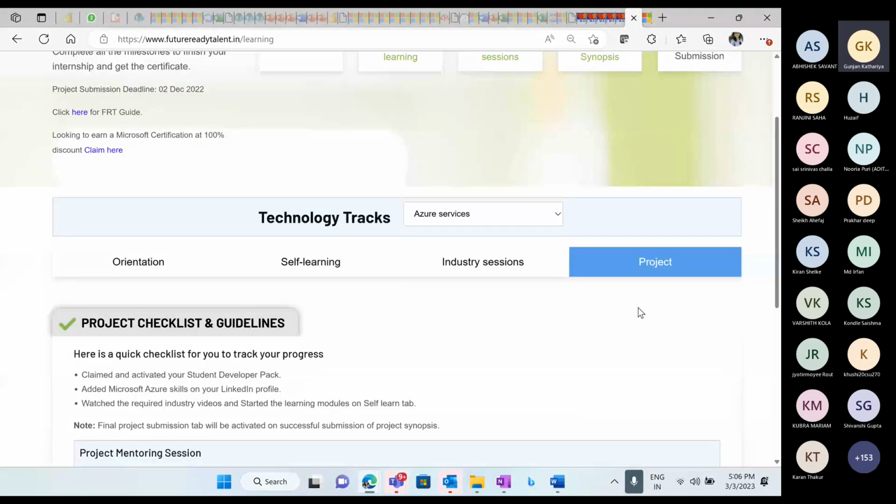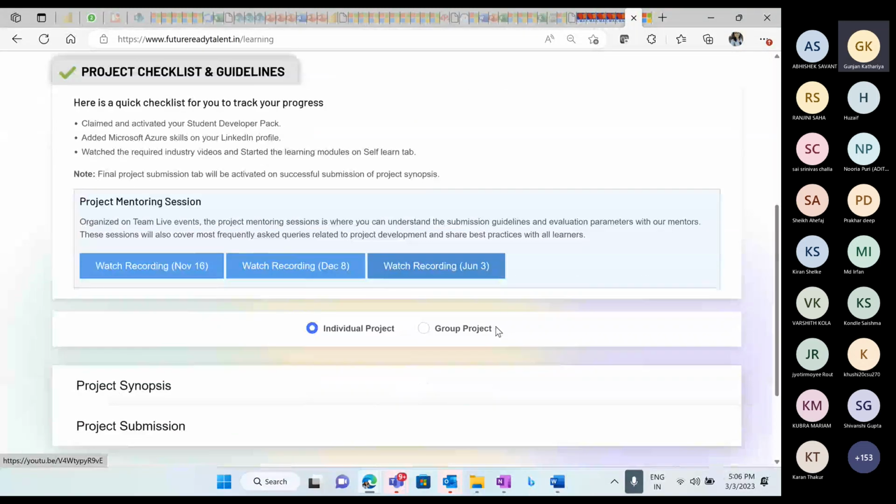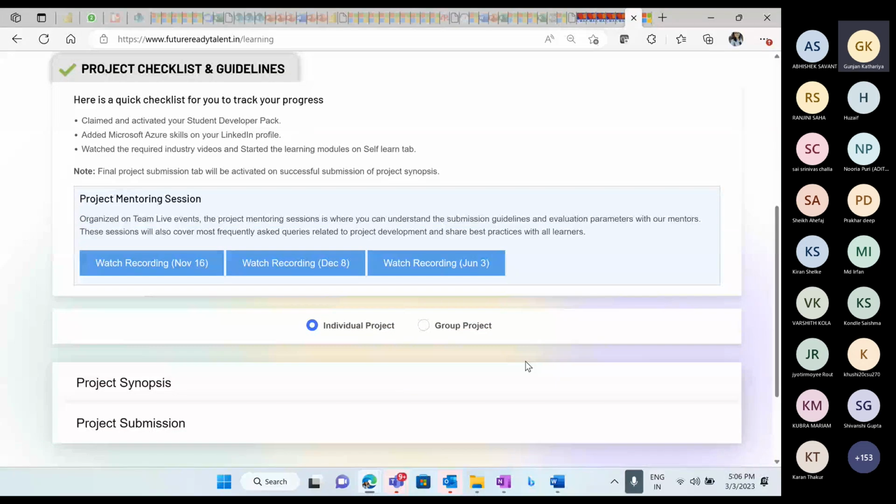Coming on to the last part of it, which is the project. First of all, even before going to the project, you should ensure 2-3 things. One, that you've already activated your GitHub student developer pack. For all the students, the minute you register onto the platform and complete your orientation, soon after that, you get an email from us from the email ID